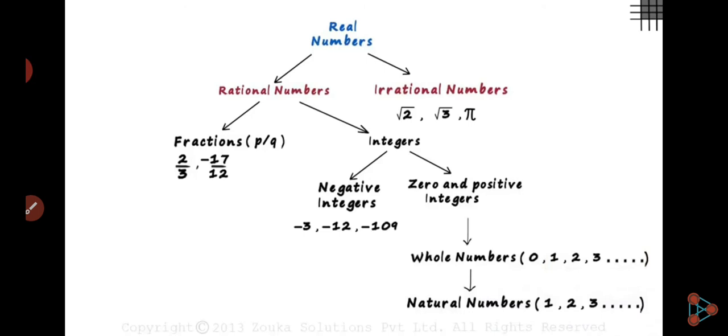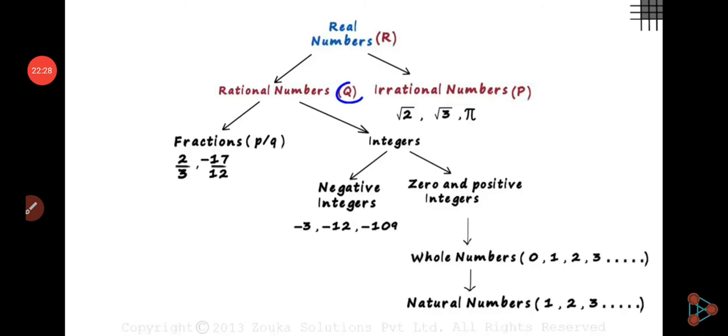Okay, and now natural numbers are also a part of whole numbers. If you talk about 1, 2, 3, 4, they are counting numbers. If we add 0, then it becomes the whole numbers, and if in whole numbers we add negative numbers, then it becomes the integers, and if integers are written in the form of p upon q, they become rational numbers. Okay, understand?